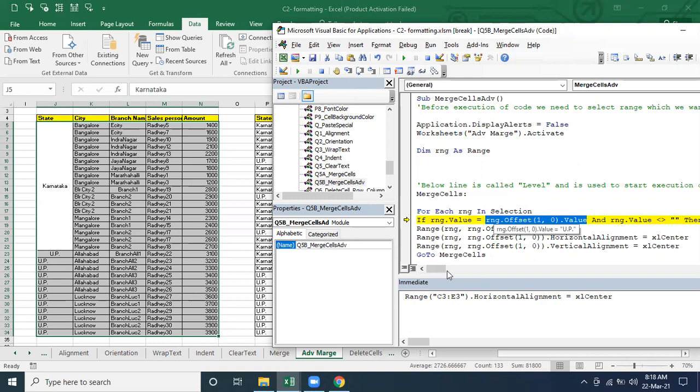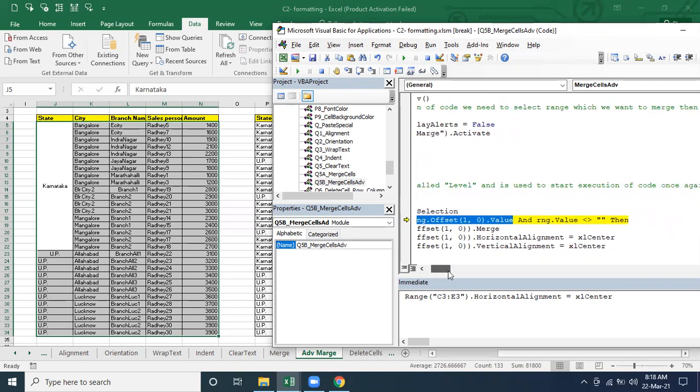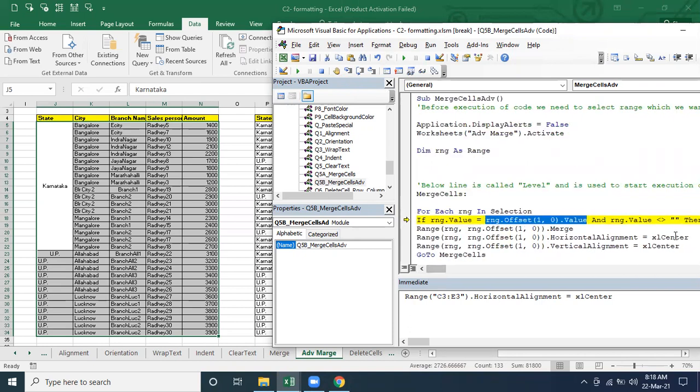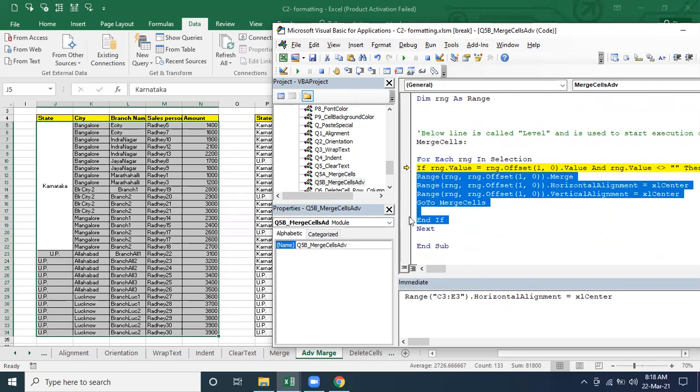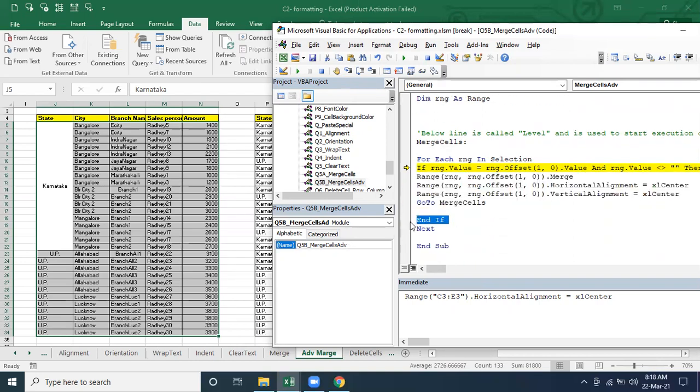Then it's going to jump. So that condition will be false. Then where will it come? It will jump to the end if. Correct or not? So it will not jump here. It will come out from the if statement. From where? It will come out from the if statement. So where will it come? It will come here.